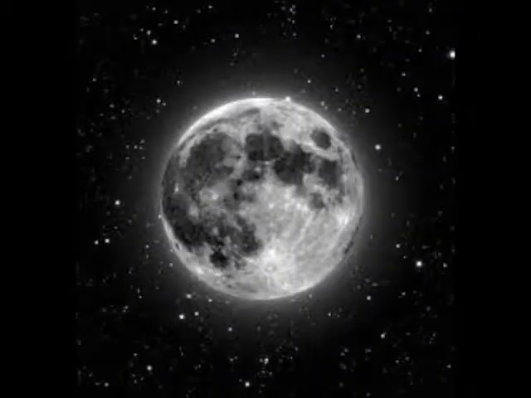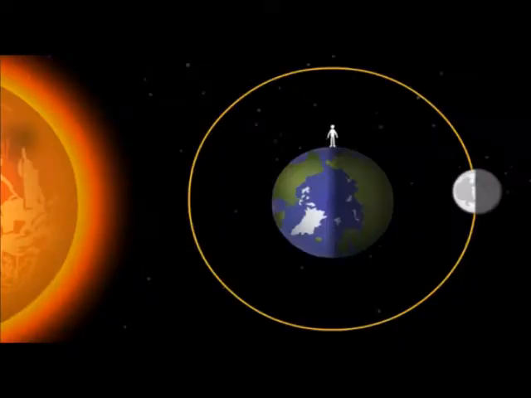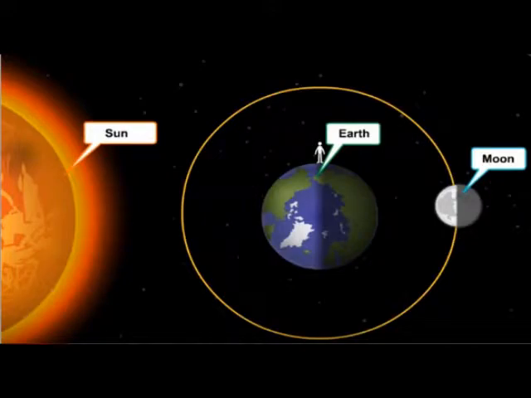You will be surprised to know that the way our moon looks to us is not as much about the moon as it is about the sun and the earth. Let's understand how the moon appears. It is shaped like a basketball, but the way it looks to us depends on the view we actually have of the